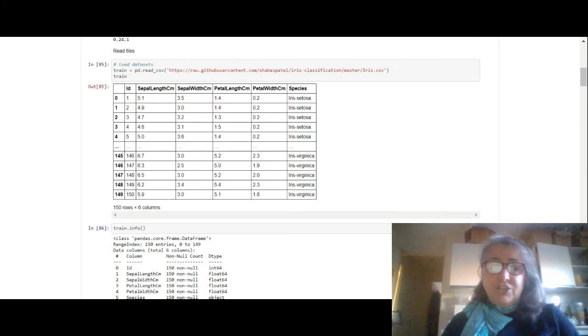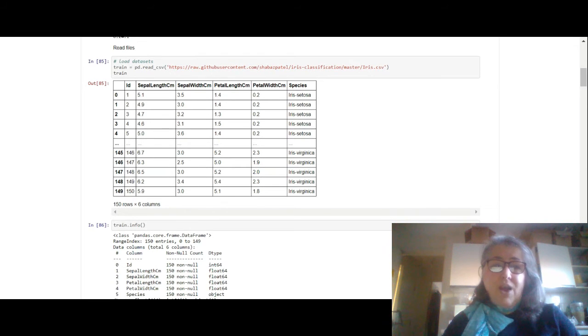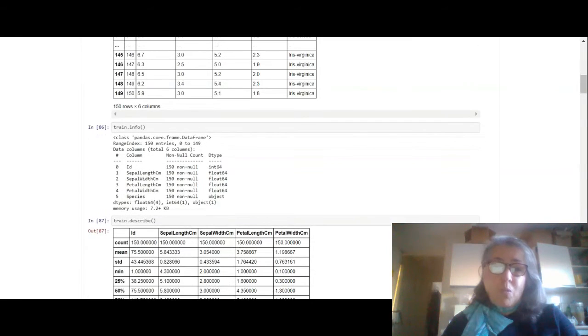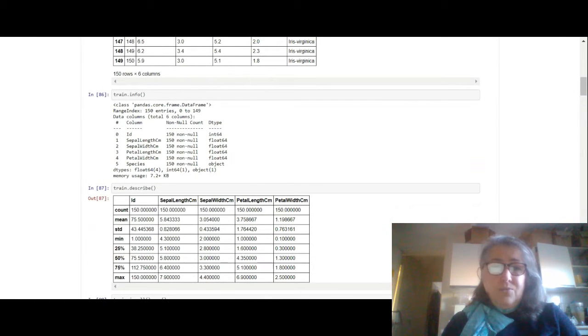And then what we're going to do is we're going to read our file. Basically, I've got this iris data set off of somebody's GitHub account, and I borrowed it. And then the file gives you an ID number, sepal length, sepal width, petal length, petal width, and then the species. So we check the information of the file. So the ID number is 64, and the rest of the